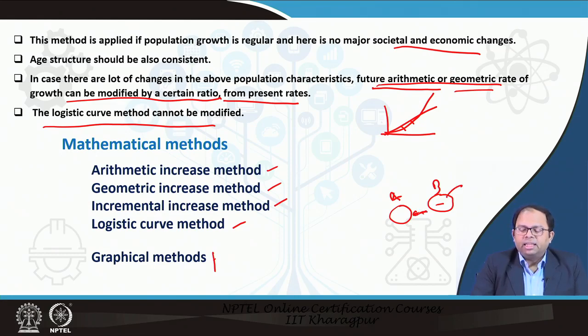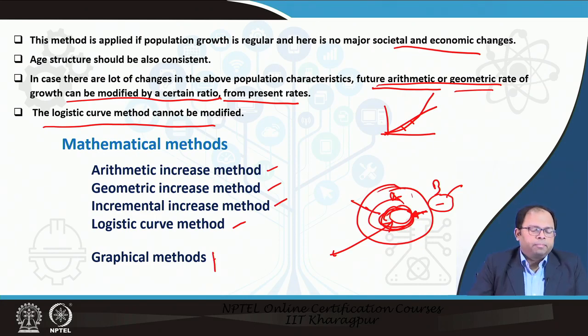But similarly, we can say that if we have one urban area and a larger urban area, and we have data for the larger area, we can adopt the rate for this overall area for the smaller area as well. So this could be called a mathematical method, but it could also be called an economical method, because we assume that the same economic growth pattern of the larger area is being adopted for the smaller area. So this will be covered in the next lecture.